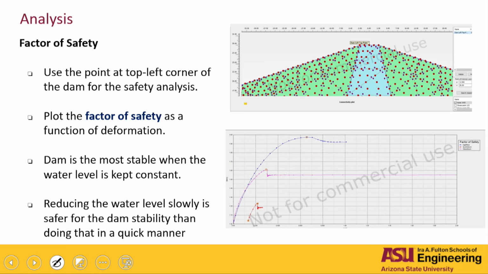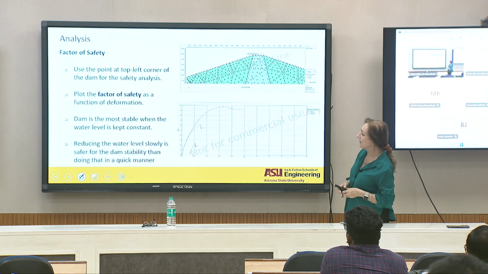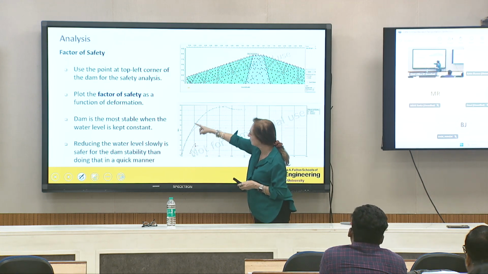All right, so with this information available, we went and checked the factor of safety. What happens with the factor of safety once you have these conditions, right? So we use a point on the top corner of the dam, and we just run a slope stability analysis for that. You can use any methods. There are many computer programs that have the method of slices, Morgenstern, just one wedge, everything you need to do for that particular soil, right? You can run that. And then we plot the factor of safety as a function of the deformation, and we can see here that the factor of safety is about 1.2